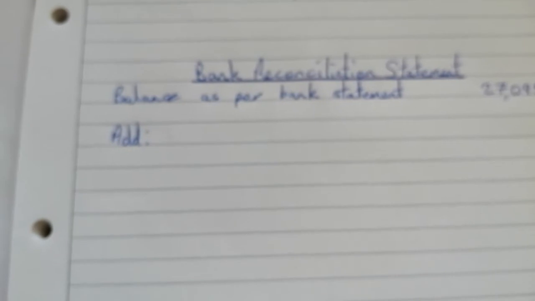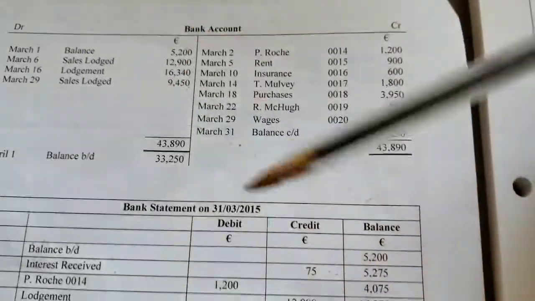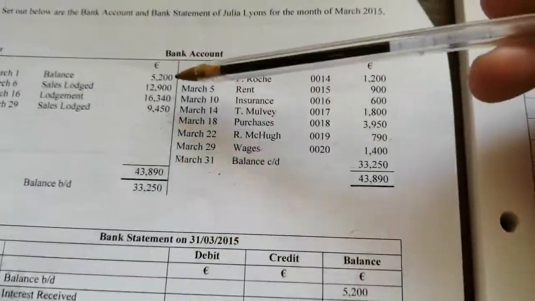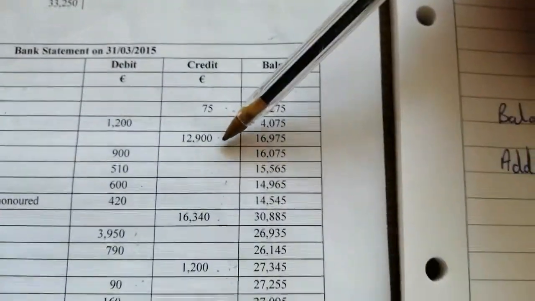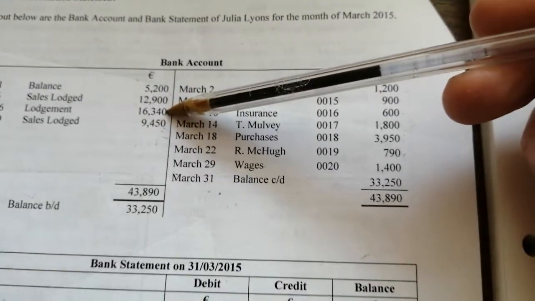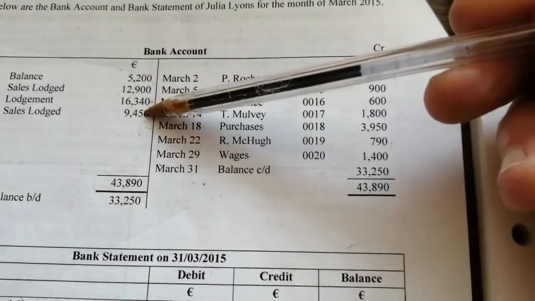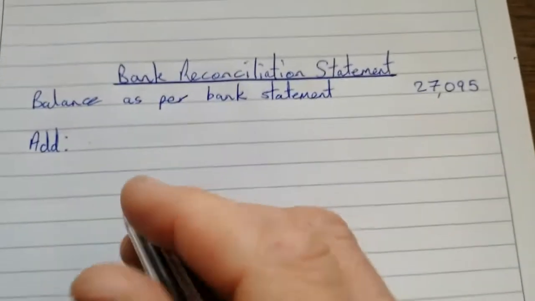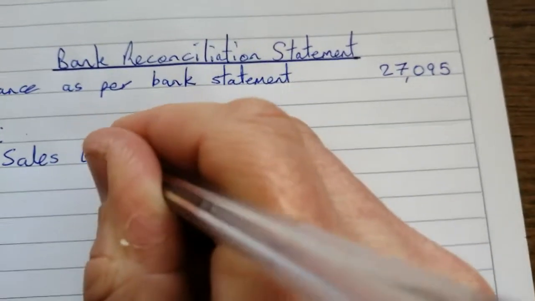Okay, and the things we need to add are anything that was in the bank account in our general ledger, but is not in the credit side of the bank statement from the bank. So if we check here, 5252, that's all right. 129, that's all right. 16340, that's okay. And 9450, no 9450 there, so we're definitely going to be adding that on. So I'm going to just call it sales lodged,